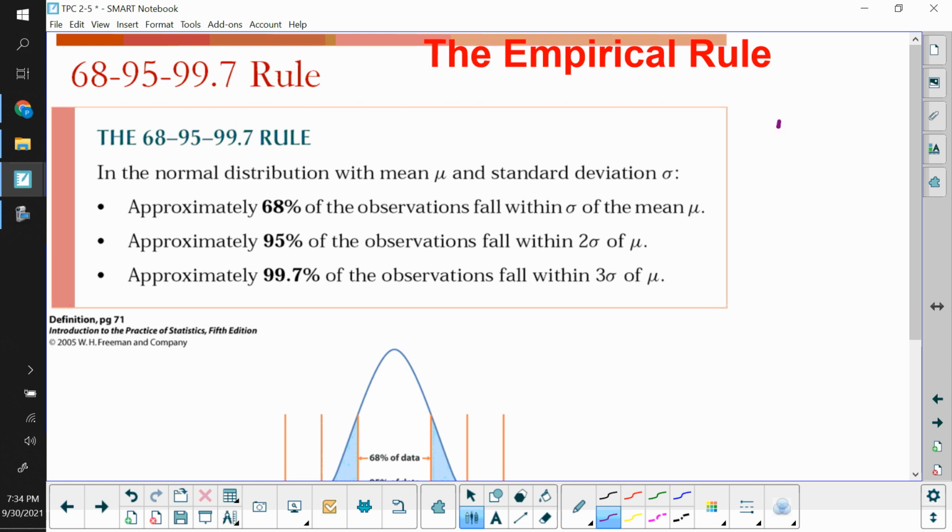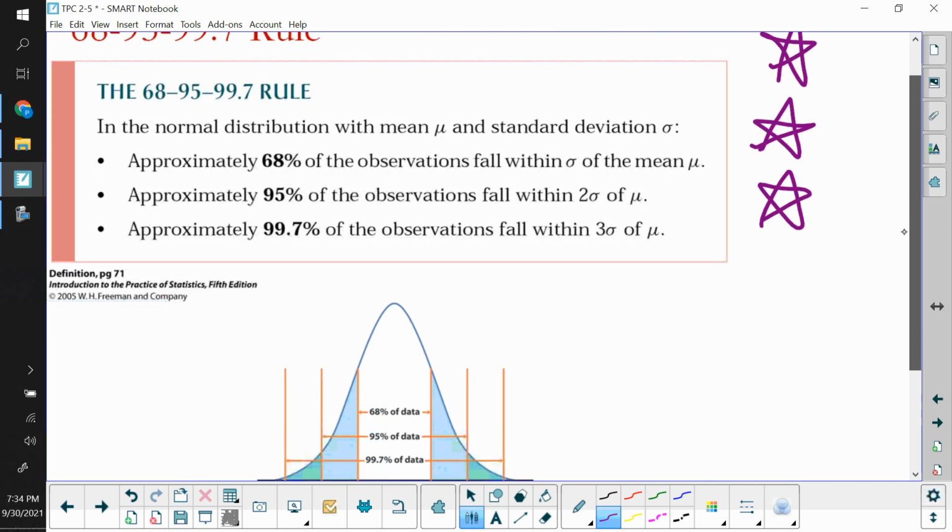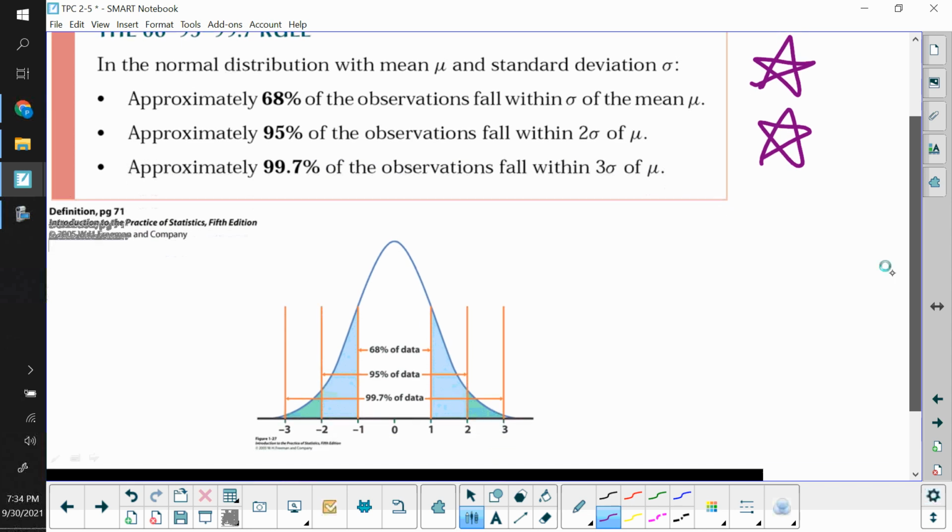So this slide here, star it. This is an important one. It'll come up several times on our unit test. If you're within one standard deviation of the mean, and it's a normal distribution, we expect 68% of the data to be within there. 95% if you're two standard deviations, and